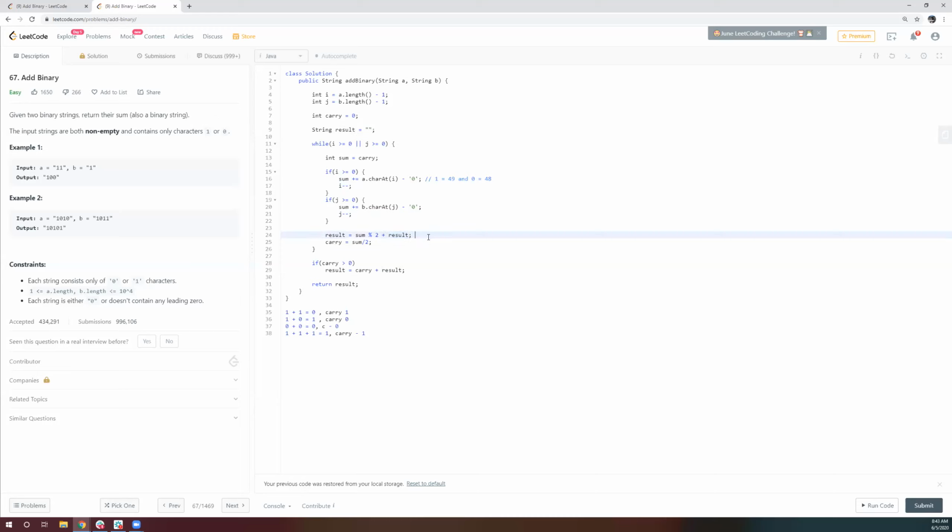But initially, for example, if we have seen 1, we are just adding 1 here. It will become 1 1. So basically, it will be put at the start. That's it. And so this is the check. If the sum is 2, it will result in 0, and here the carry would go as 1.